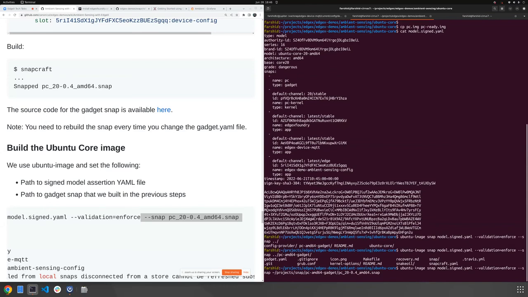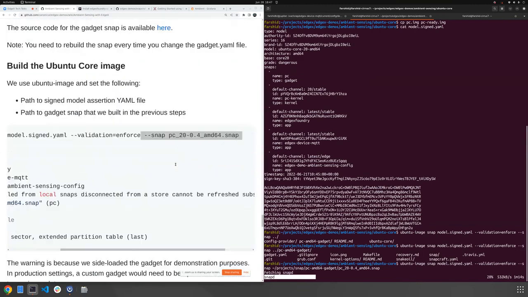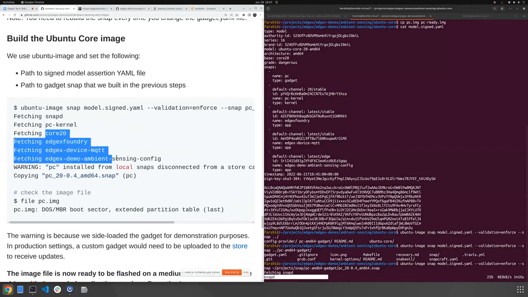And then we call this command. So it's going to start fetching what is needed from the store, including snapd. So this is the daemon that takes care of the snap runtime, and it's pretty slow right now, so we probably won't be able to show all the steps, but basically it's going to go through them one by one, and this is the output. Snapd, the kernel, everything that's supposed to come from the store will come,